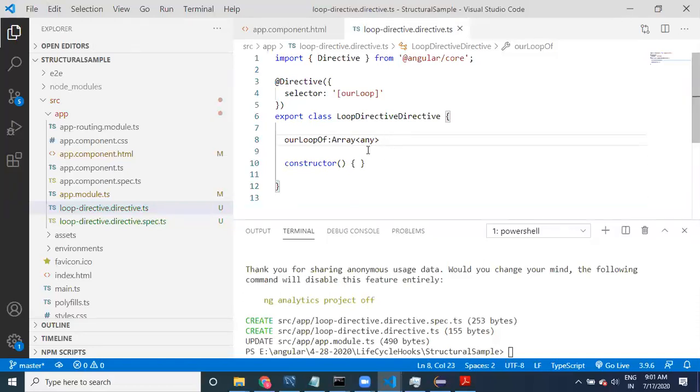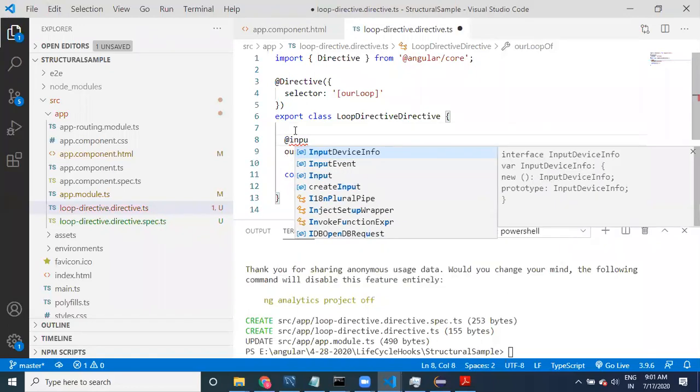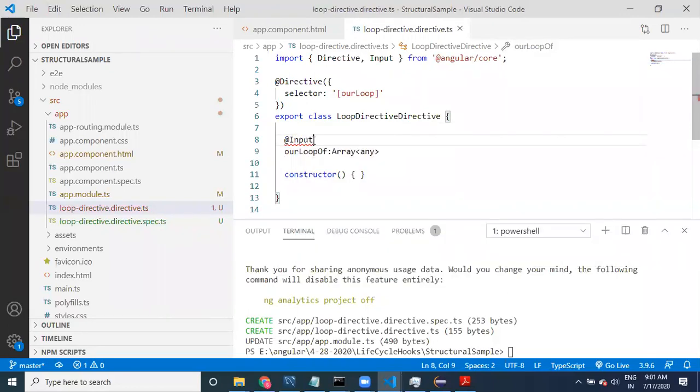See here, array of any object. Now let us make it an input. Now this is required: app loop of. Okay, we'll be using this.